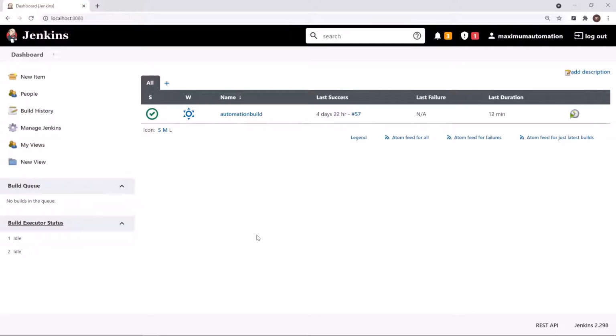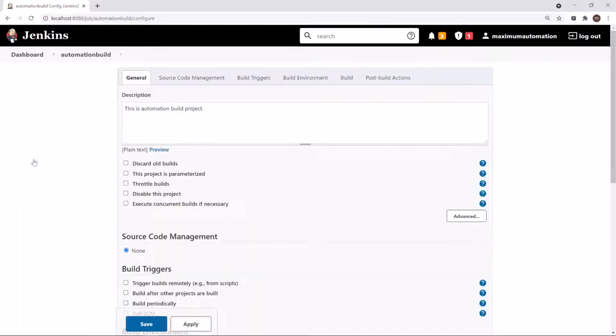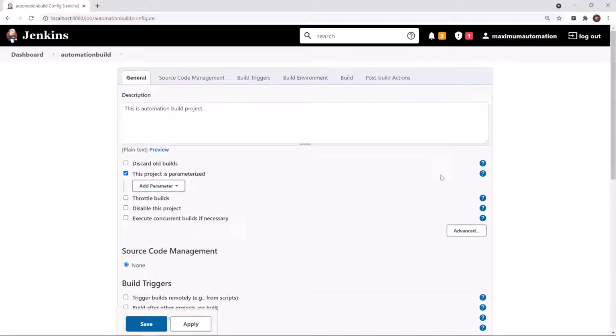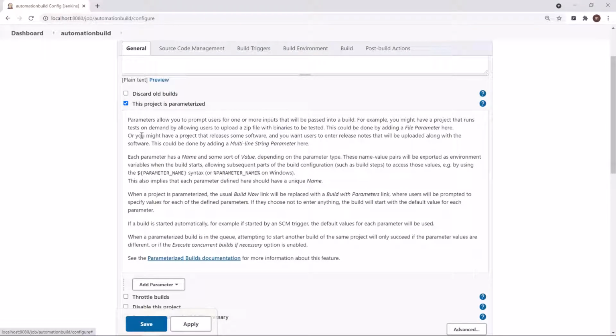First of all, let's click on the build which you want to parameterize. After that, click on the configure option. Then here at the configure page, you can see the option that this project is parameterized. Click on this checkbox. You can also click on the help icon to get the details on parameterization. When you create a parameter name, the values of those parameters can be used by using the $ sign or by adding the % sign as prefix and suffix. Also, please make sure that the parameter name which you provide must be unique.